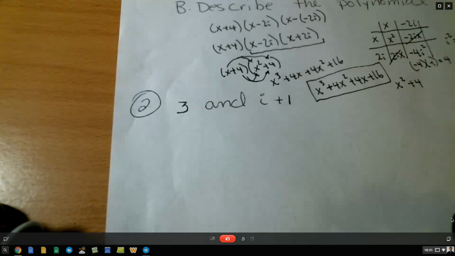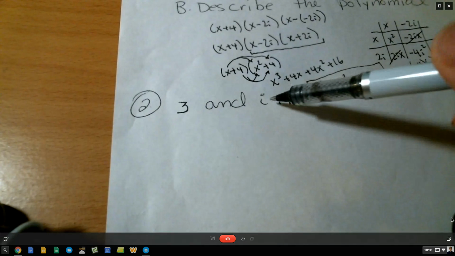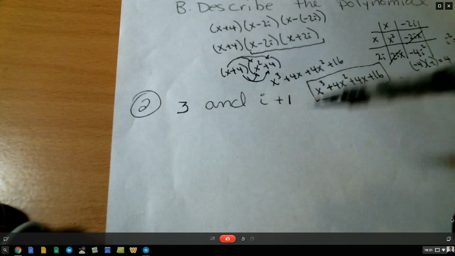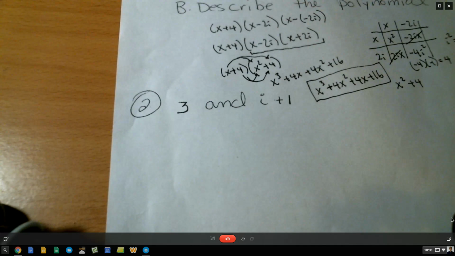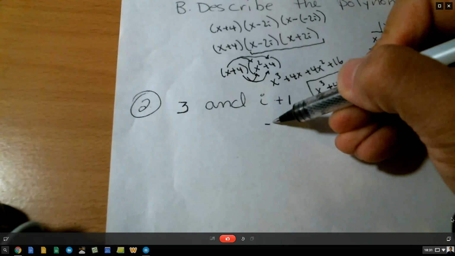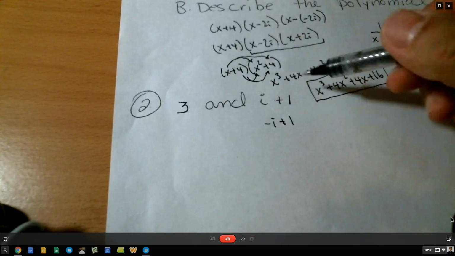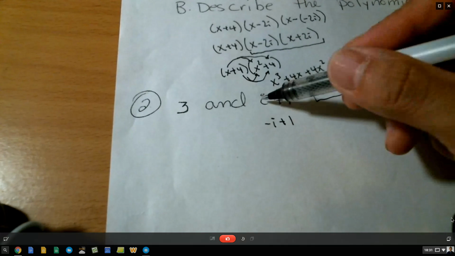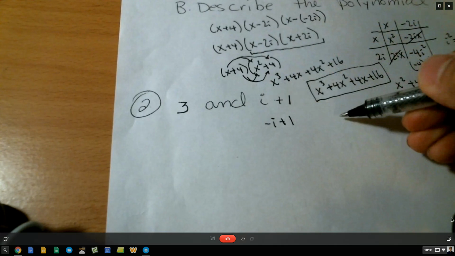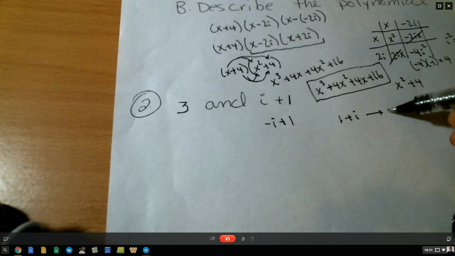Same thing. We know we have a root that's 3. We have a root that's i plus 1. Well, what is another root that we know of? Remember, i plus 1, its conjugate is -i plus 1. It looks a little weird because we write the imaginary part first, but if we think about it, if we roll it the other way around, then we know its conjugate